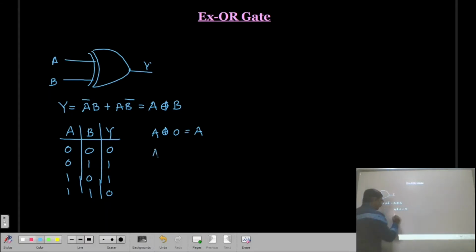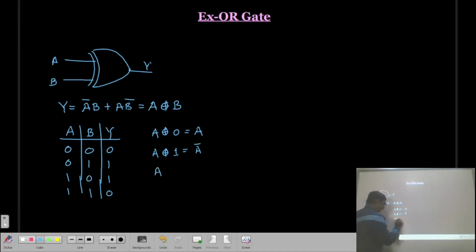Another: A exclusive OR with 1 will always give you A bar. So here, this exclusive OR gate will work as an inverter. When one of the inputs is at high level, the output works as an inverter.